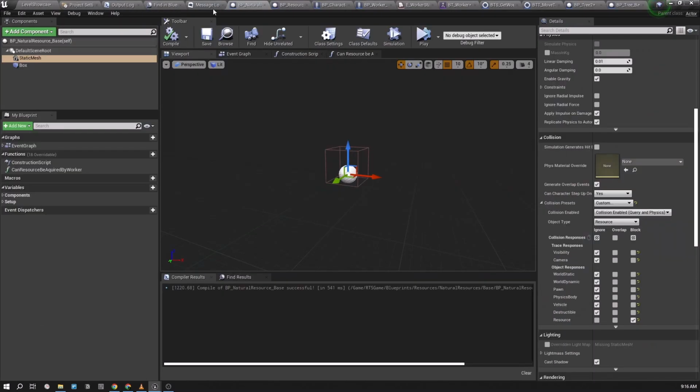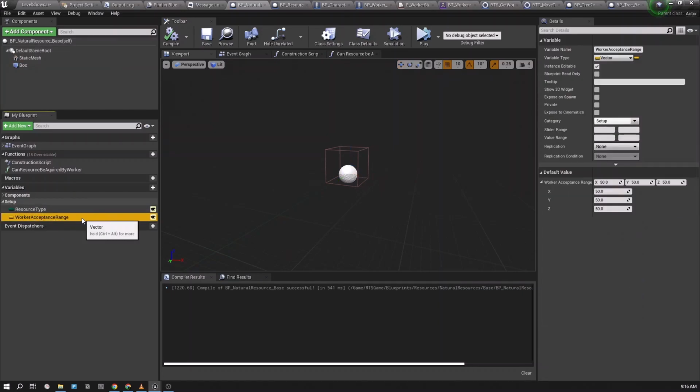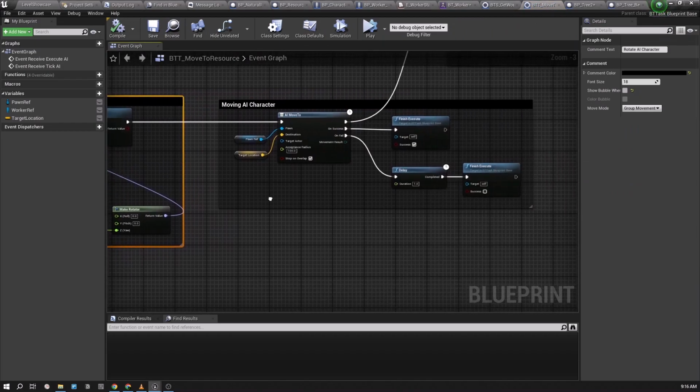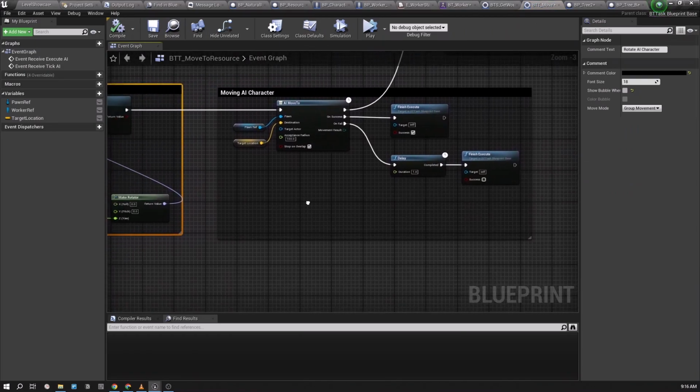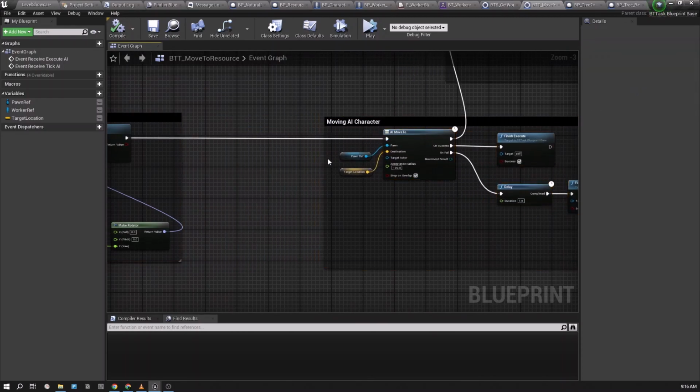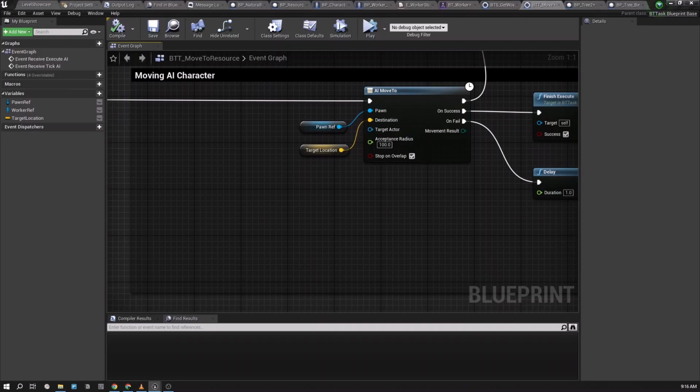our natural resource base setup, and here we have this work acceptance range already set up, right? So we can use this variable to determine the specific stop location of our character. So let's go to the behavior tree again, BTT move towards resource, and over here, instead of directly stopping at a 100 point radius like this, let's first